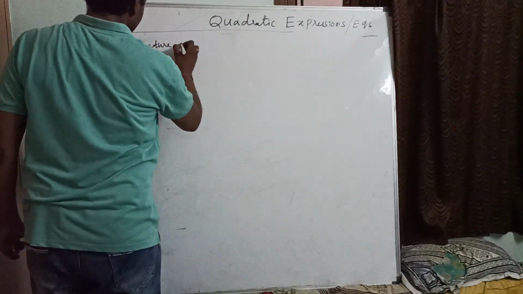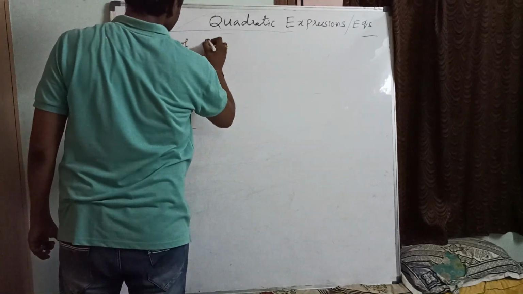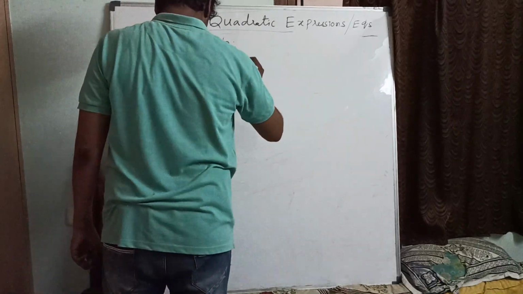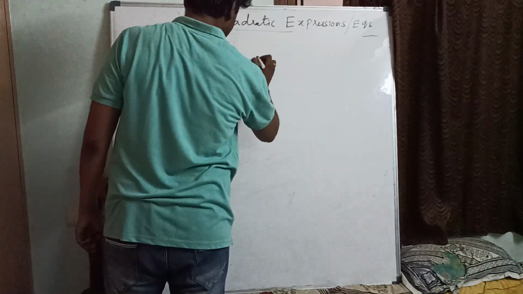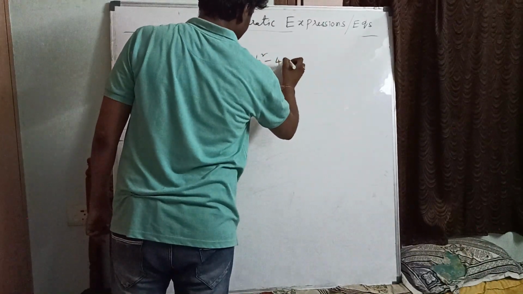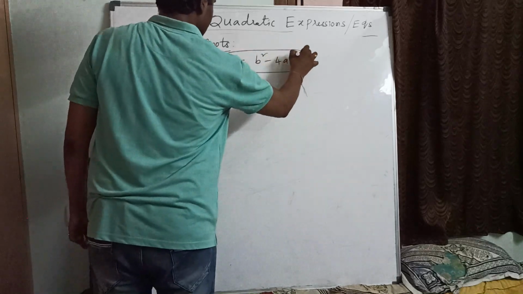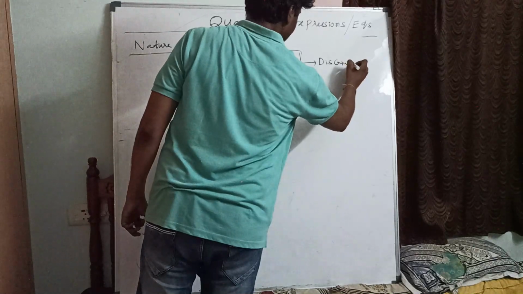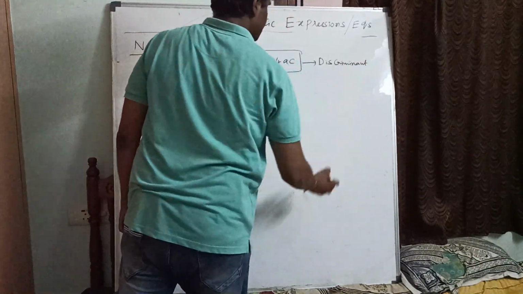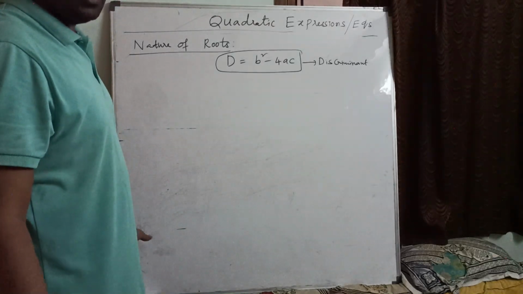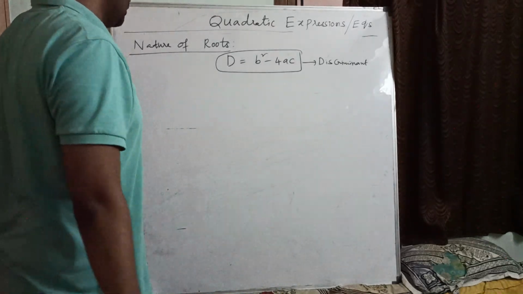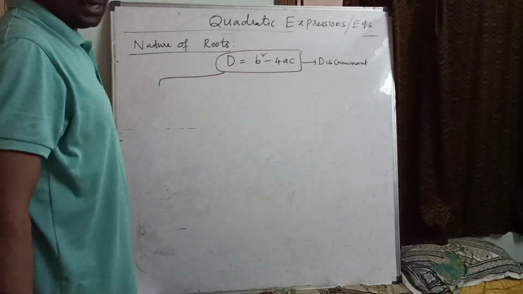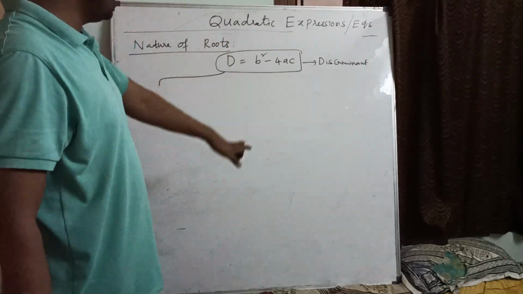So how can you find the nature of roots? By making use of the value of b square minus 4ac. What is that? Discriminant. So this is known as discriminant. By making use of discriminant value only, we can find the nature of the roots. Are those real and equal or real and different? Those are going to be found out now. Here this can be remembered by using a flowchart. Whenever discriminant is greater than 0, what happens?